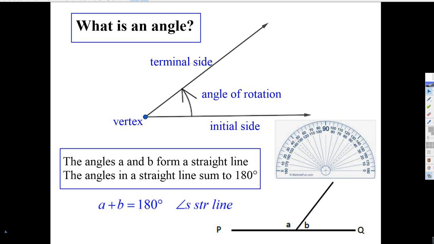Okay, this is a revision of basic angles. Some people have trouble with geometry, so maybe this time we'll all get it. Let's see here. My first question is, what is an angle? What is an angle? Well,